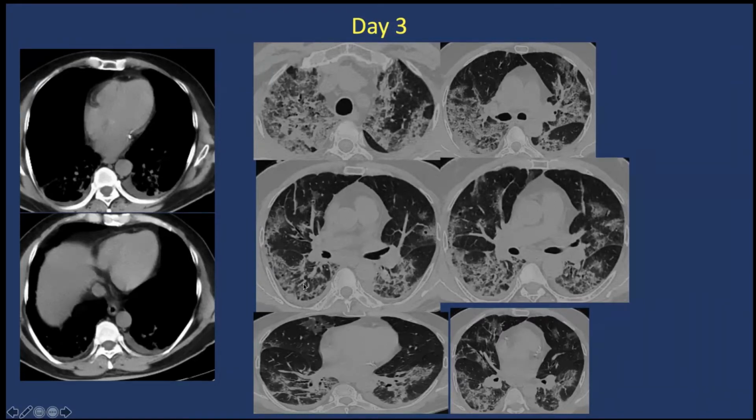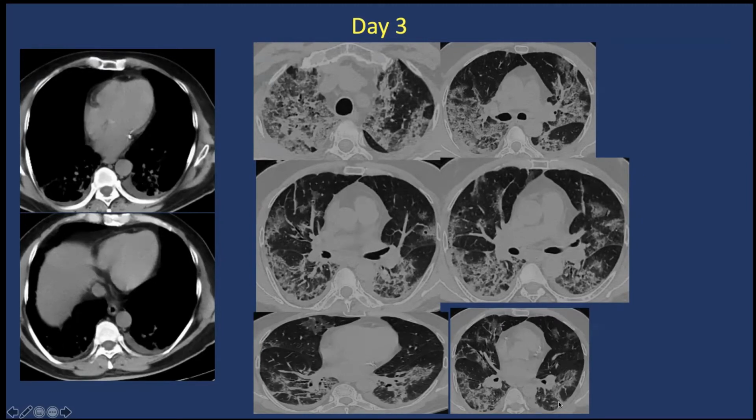Along with that, here we can see that there is dilatation of the pulmonary vessels within the peripheral 1/3. This is called vascular dilatation, and any pulmonary vessel which is dilated to more than 3 mm in the peripheral 1/3 of the lung is quite typical of COVID pneumonitis as described in the literature. And in this patient, the pulmonary arteries in the peripheral 1/3 were dilated and were around 3 to 4 millimeters in caliber. Along with that, there were areas of tractional bronchiectasis and architectural distortion.